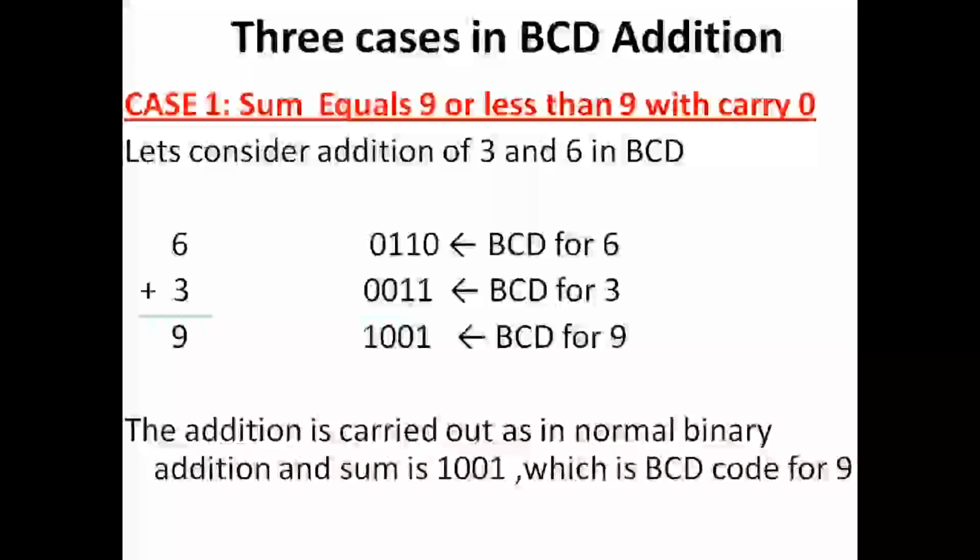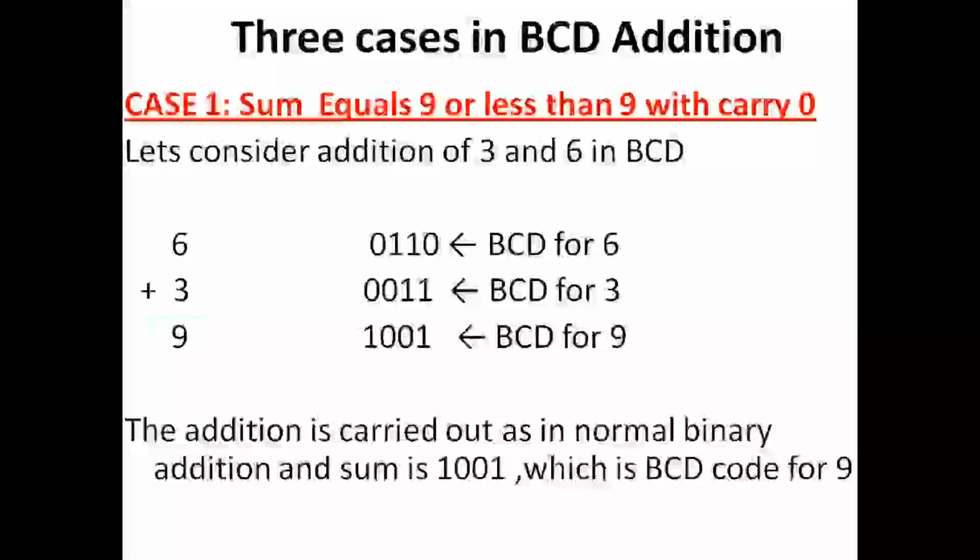Finally, if you add here, you need to start the addition from the left side. 0 plus 1 is 1. 1 plus 1 is 0 with carry 1. If you know half adder and full adder, you will come to know. What is 1 plus 1? 1 plus 1 is 0 carries 1. Again in the third position, 1 plus 0, and there is also carry 1, that is 0, 1. Last will be 1.